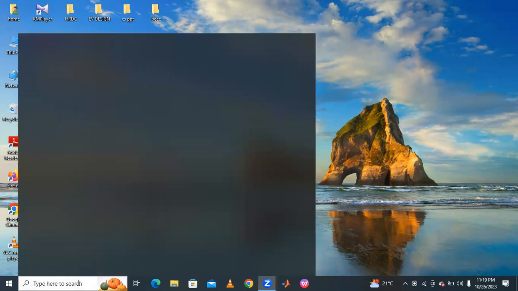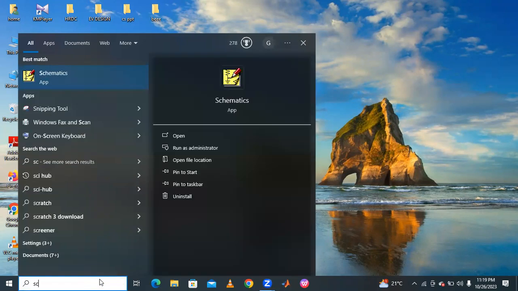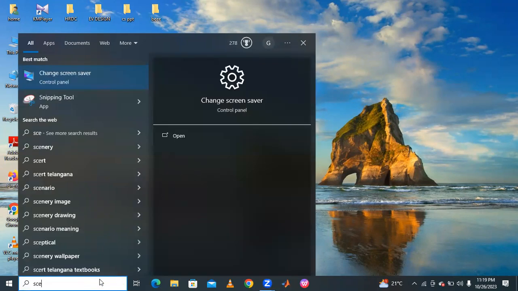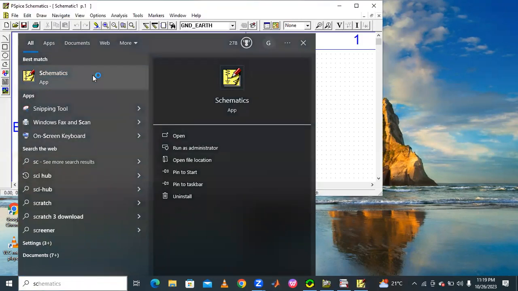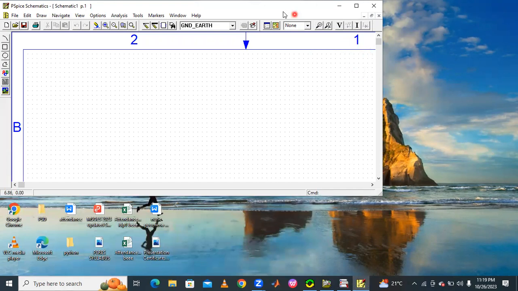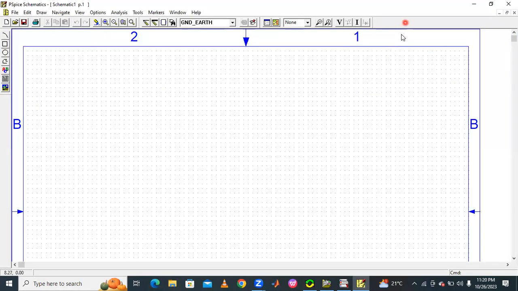Characteristics of diode. Here, first we open the PSpice schematic. Enter schematic here, open PSpice schematic. Like this it will open. After opening the PSpice schematic,